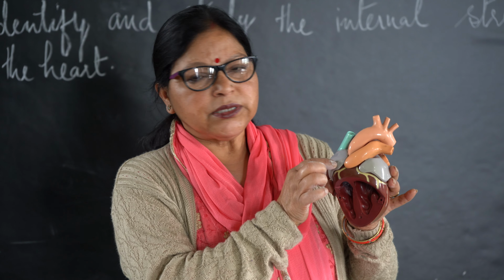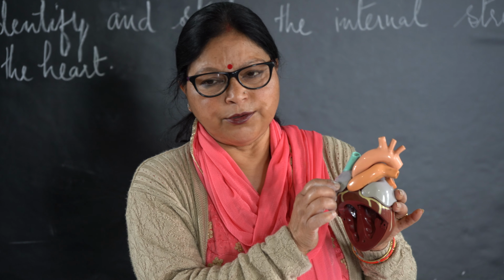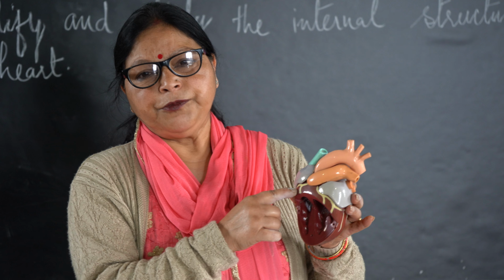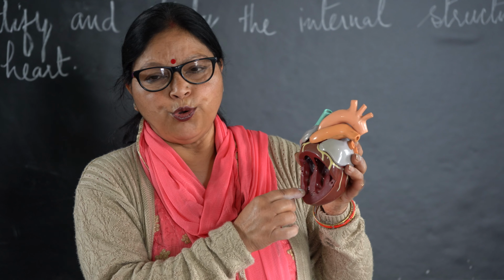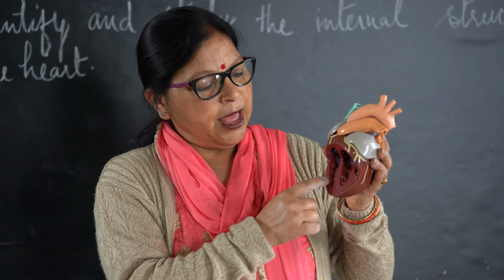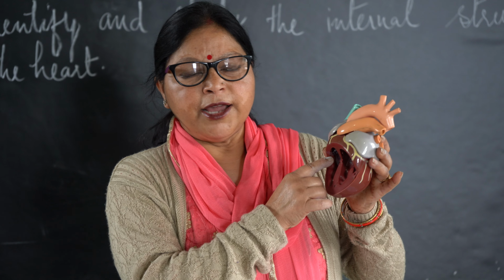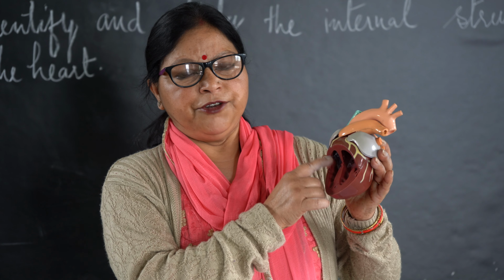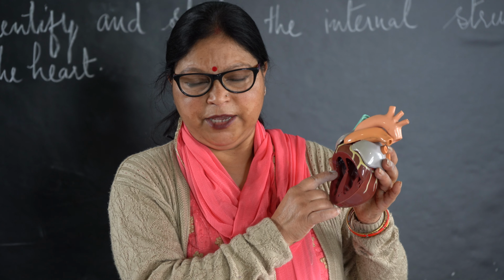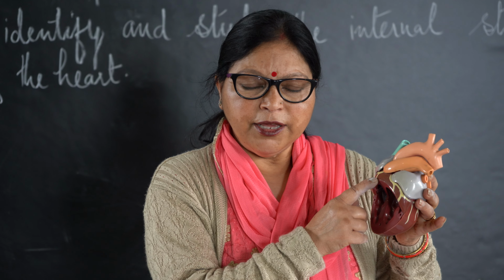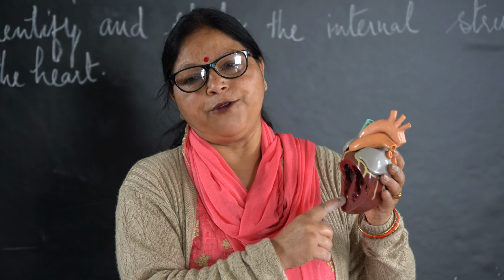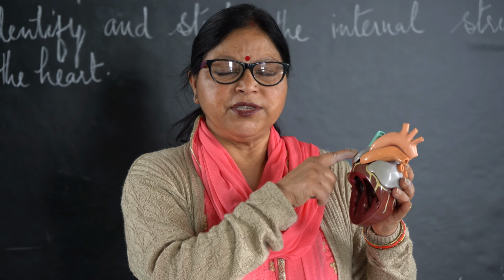What happens in this right auricle: the superior vena cava and inferior vena cava bring deoxygenated blood and it enters into the right atrium. This deoxygenated blood enters into the lower chamber, called the right ventricle, and for this there is a tricuspid valve inside. Tricuspid valve because it has 3 flaps. Once the blood has entered the lower chamber, the valve will automatically close so that there is no backflow of blood into the previous chamber.